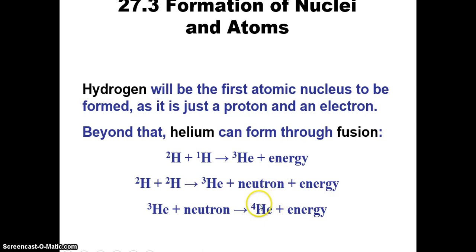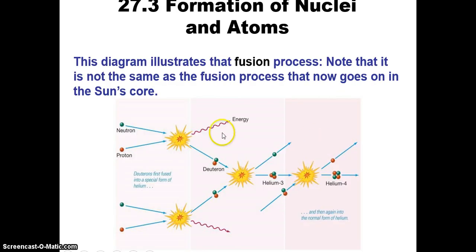But remember, it's really hard to distinguish primordial helium, the helium that was created in the Big Bang, from helium that is being made in the regular fusion of hydrogen into helium in stars nowadays, right? But the deuterium, which is shown right here as a proton and a neutron, that amount hasn't changed since the beginning of the universe. So that is a good indicator of the